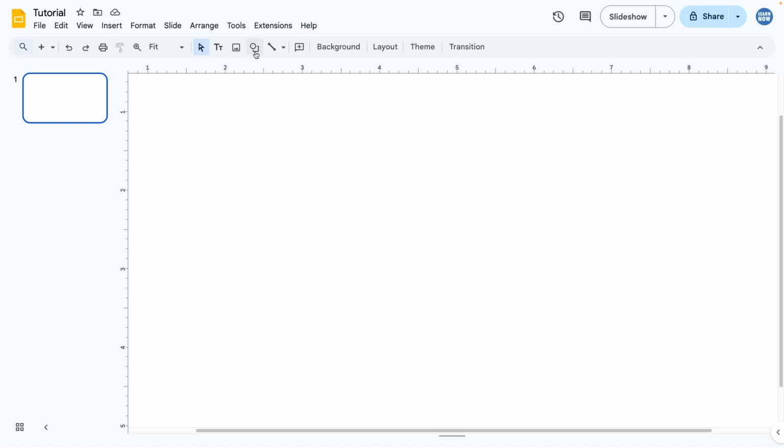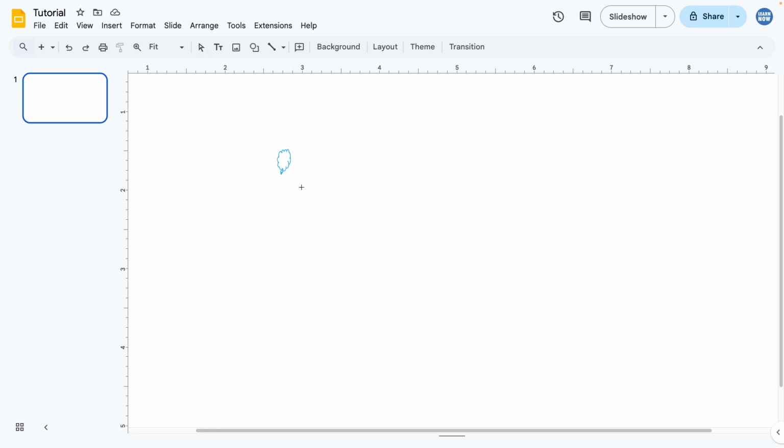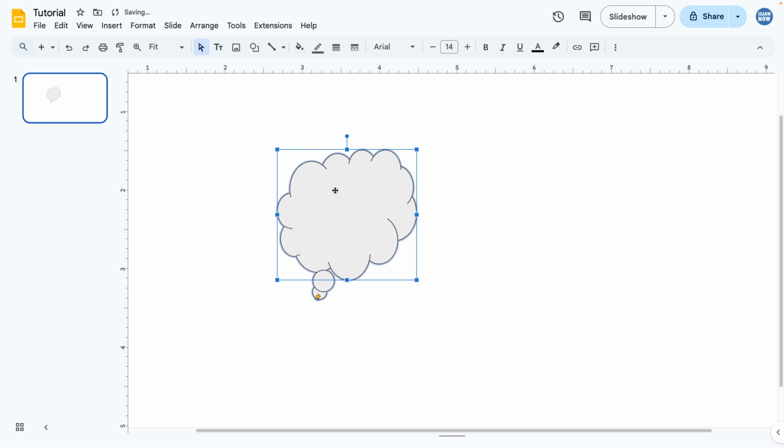Let's create a new shape and go to the callout section. And then right over here is the thought bubble shape, otherwise known as the cloud callout. Let's select this and create it. And there we go. And then of course you can adjust this diamond shape down here to adjust where the